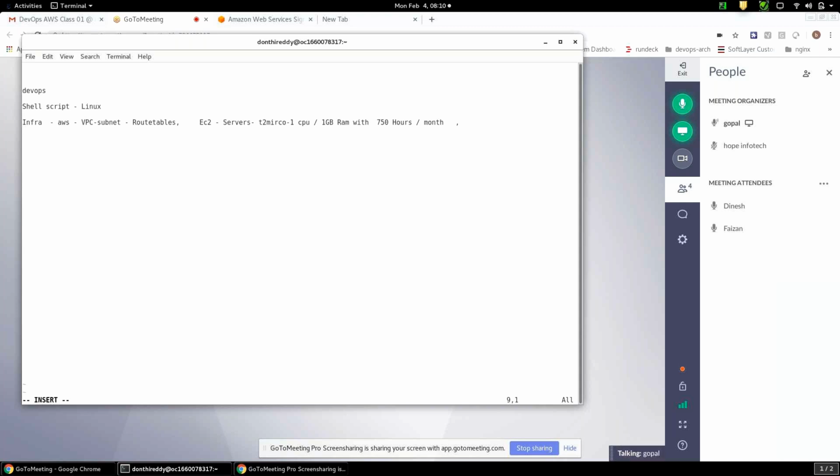After EC2, we're going to see S3, where you need to deal with your S3 buckets and all those things. S3 is a storage bucket, where you store all your infrastructure related data. It's kind of like the C drive of Windows, right?